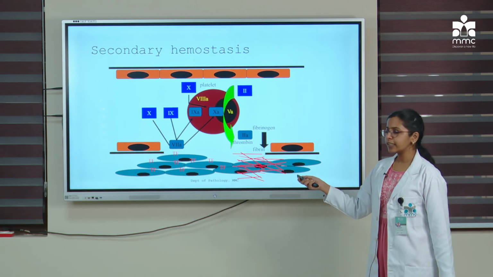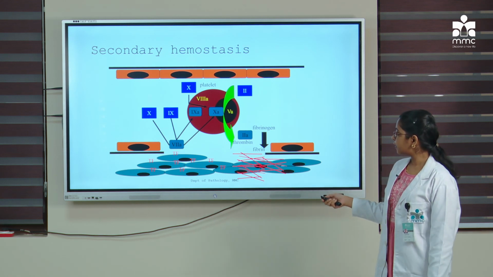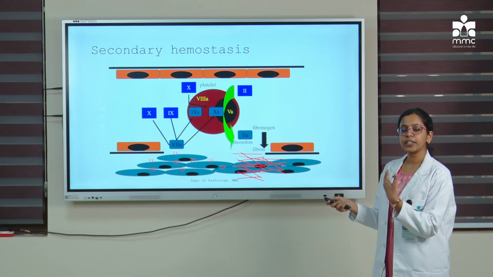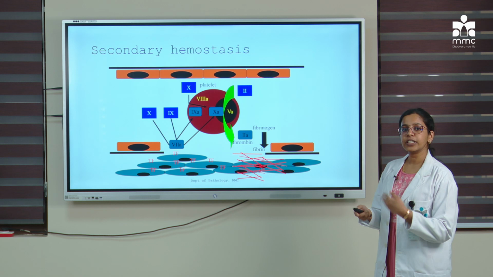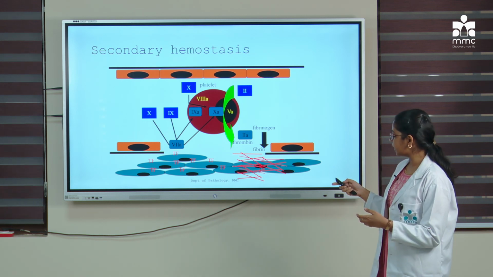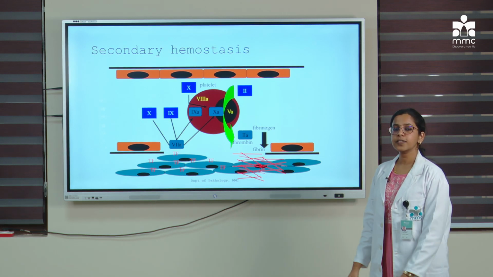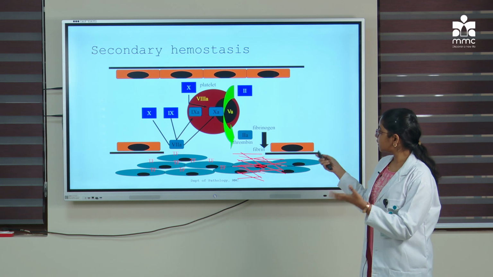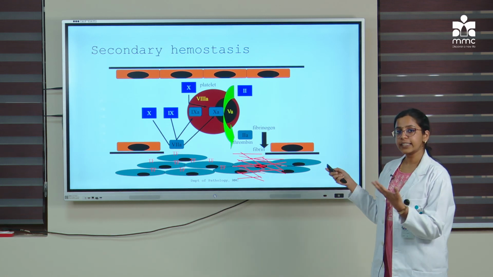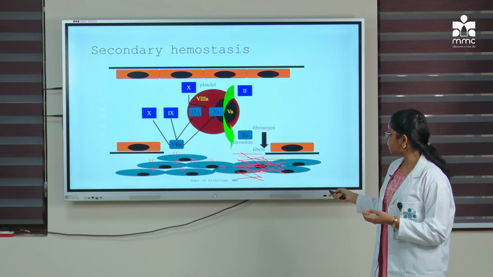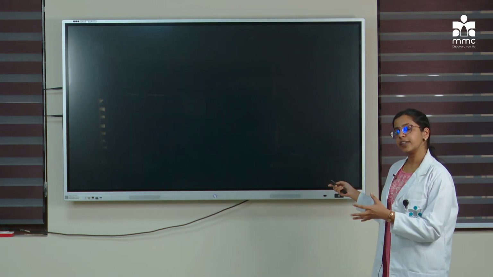So here, when there is an endothelial disruption, the subendothelial tissue factor is being exposed. Now these tissue factors are going to activate clotting factor 7. That is going to initiate the clotting mechanism or the coagulation cascade, and ultimately result in activation of factor 10, which is going to convert prothrombin to thrombin, and the activated factor 10A is going to convert fibrinogen into fibrin, and ultimately you end up with a fibrin meshwork, and this together forms the